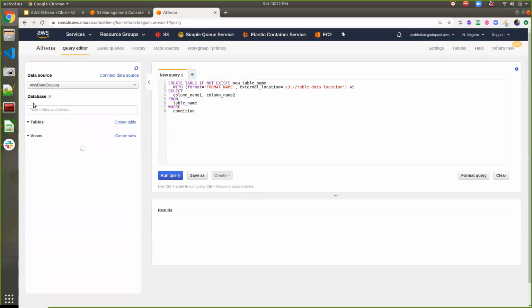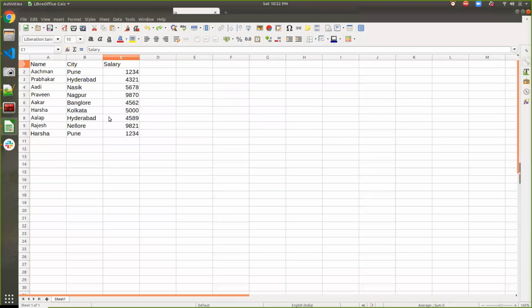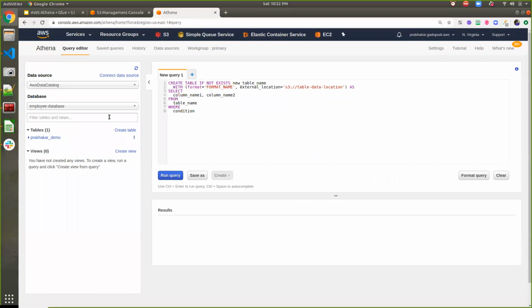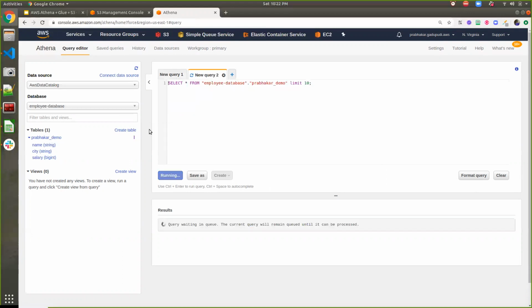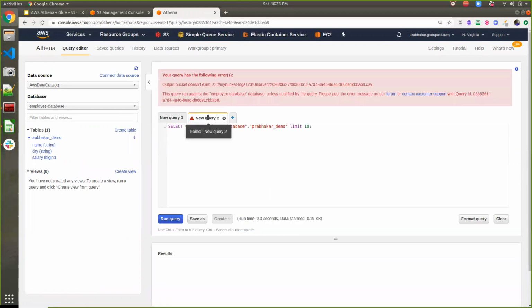Now here is my data on my S3. I uploaded this data, and then I created a table by using Glue Crawlers. Now it's time to do some SQL query operations on this. If I click on preview table, here is a query which I have prepared, and this query is not executed because we don't have any output. Whenever I execute a query, it will generate some output, and for storing that output I have to specify the output folder where I need to store this information.